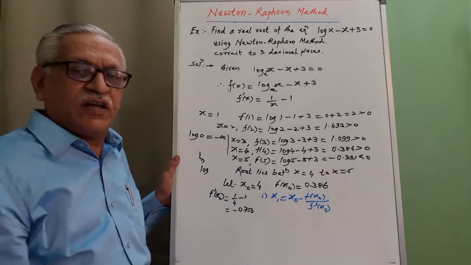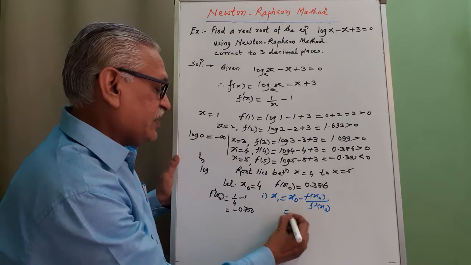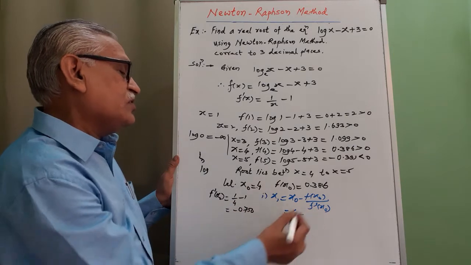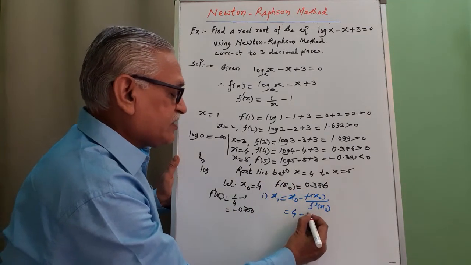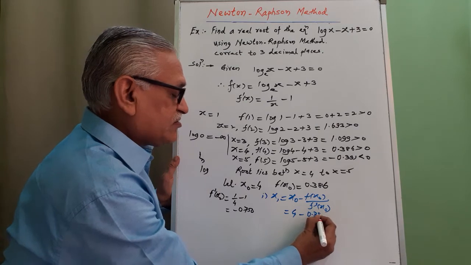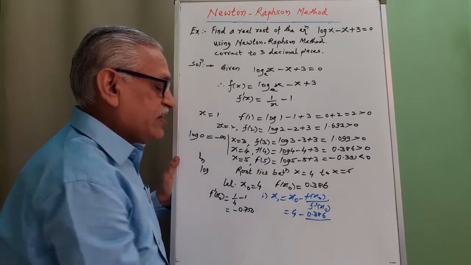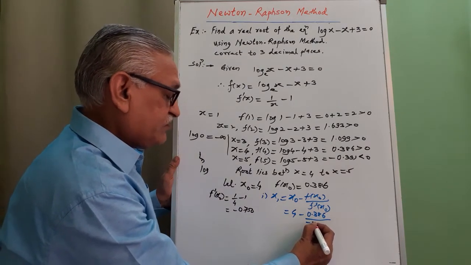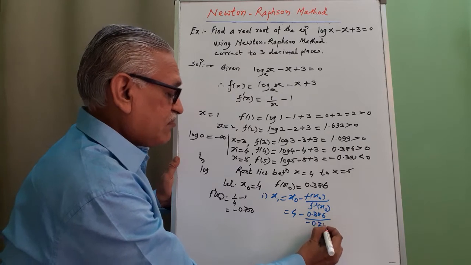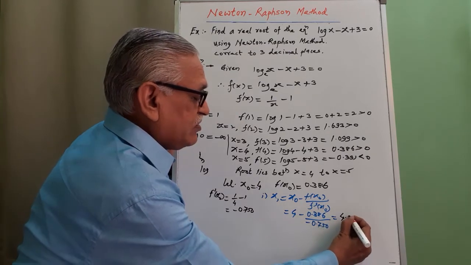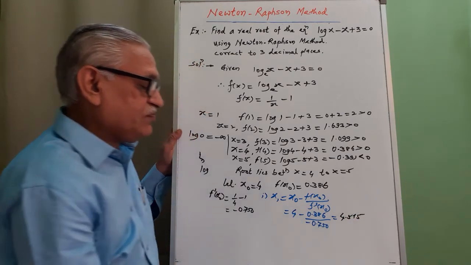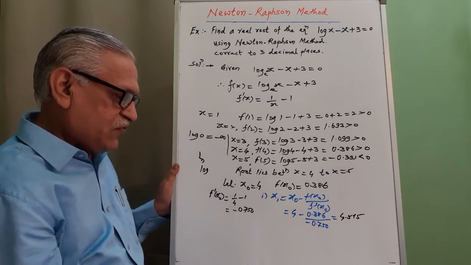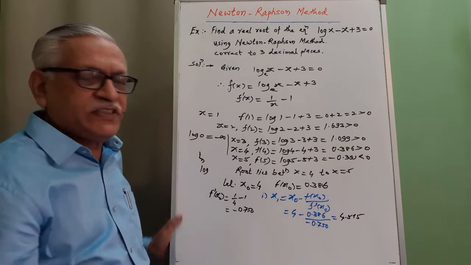This is the Newton-Raphson formula, and then substituting all the values here, we get x0 is 4, f of x0 is 0.386, divided by f dash of x0 minus 0.750, so x1 is 4.515. This is the first approximation value for the root,